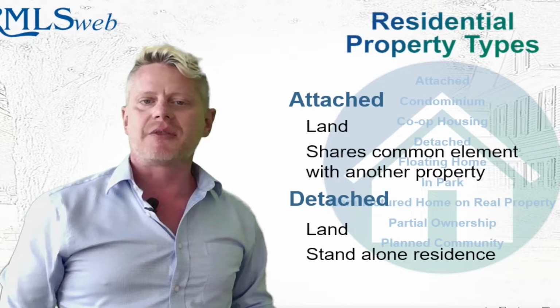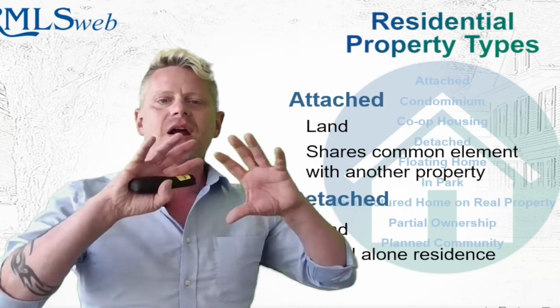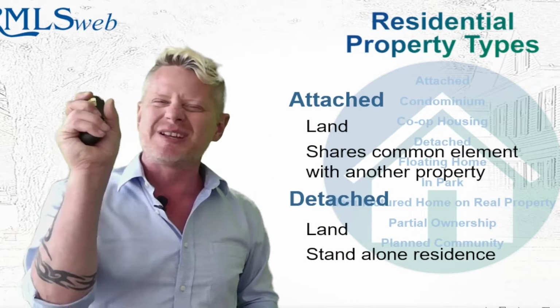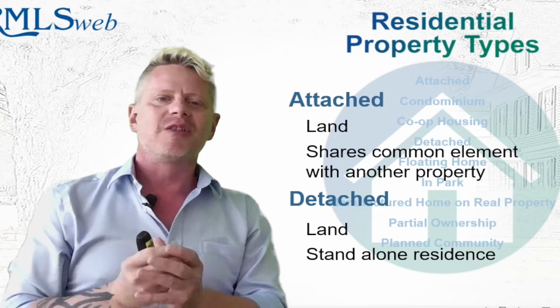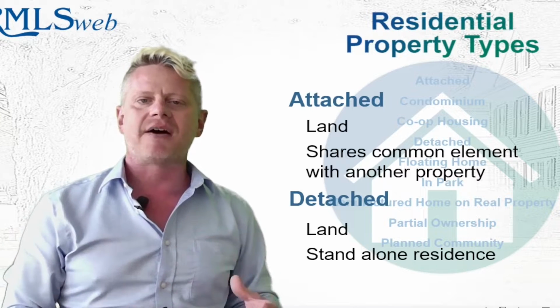Detached properties, on the other hand, are standalone residences. They have no common elements. They're surrounded by yard. It may be tiny yard, it may be only 6 inches of yard, but it is surrounded by yard. The big mistake we see with these two property types is the relation they have to the